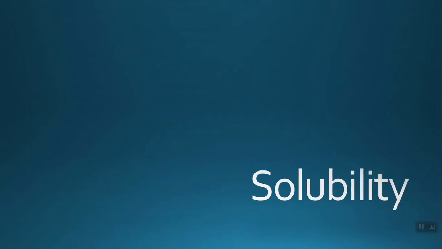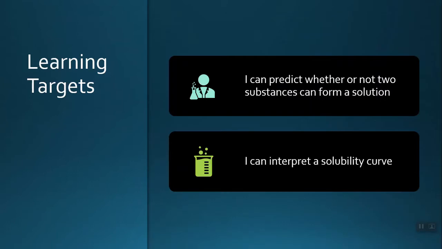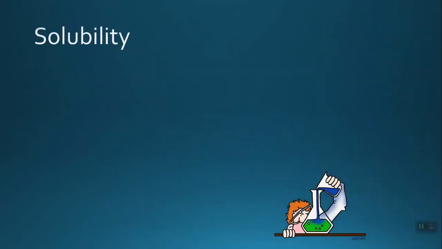In this video, we're going to talk about the solubility of a solute. These are your learning targets. In our previous video, we talked about a substance being soluble or insoluble. Remember what those two words mean? Soluble means that a solute can be dissolved in a solvent, whereas insoluble means that a solute cannot be dissolved